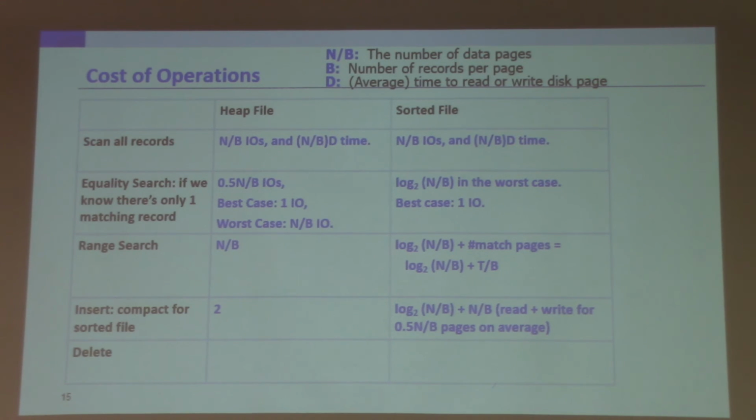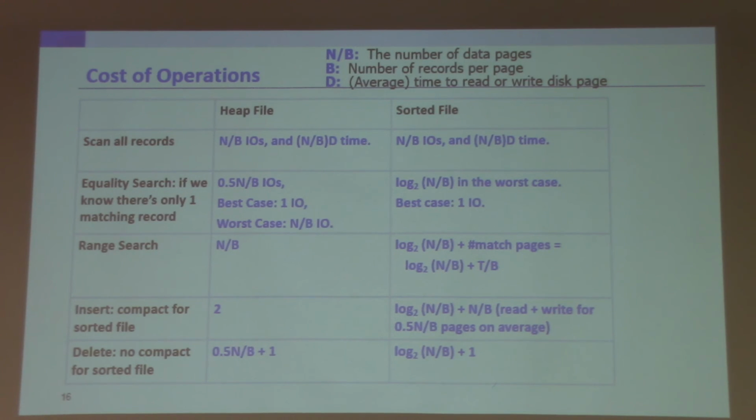And for each page, to do the packing operation, you have to read the page, move all the records, and then write the page back. So the total I/O cost is simply 2 times that number. That's why you get this value right there. And insertion is